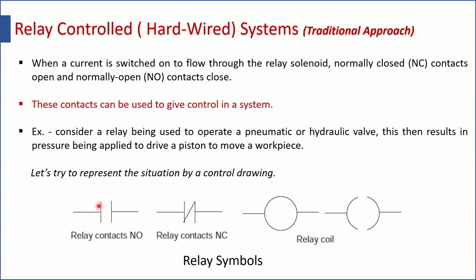Normally open, देखो दोनों के बीच कोई connection नहीं है, so this is a normally open connection, and this is a normally closed connection where the relay is getting the two terminals closed. The relay coil is denoted either by a full circle or by round brackets. Now you can apply the relay for several operations. You can apply the relay to work on a contactor so that a motor can be connected to the contactor, because in the case of three-phase motors you need to have a contactor, or for a hydraulic or pneumatic valve operation